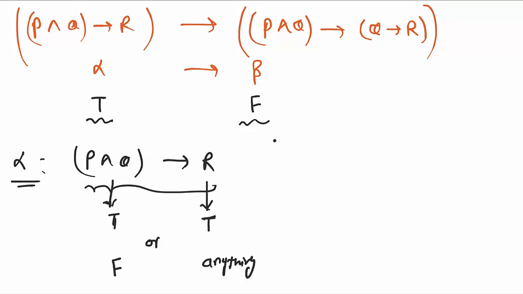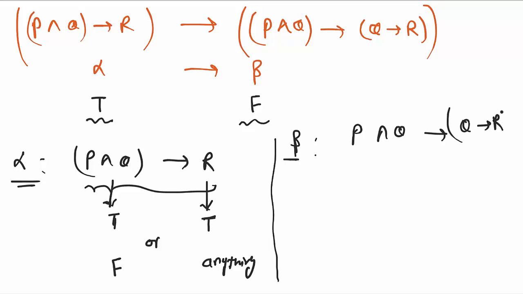Okay, I think it's better to make beta false first and then make alpha true, because here we need to take two possibilities, and let's see if we need to face two possibilities in beta also. We need to make beta false. To make it false, I know it has to be true and it has to be false. So there is only one possibility. So I think it is easier to make beta false first. Okay, let's work with that.